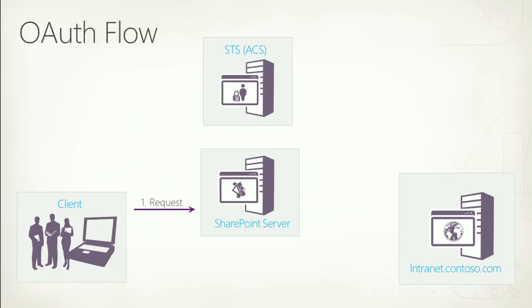The next step is that we need to render the app from intranet.contoso.com. So how we do that is SharePoint will start using OAuth to request a context token from Access Control Services, the ACS. In this case, ACS is acting as a secure token service, or STS. It returns back a signed context token, and then that in turn is going to,